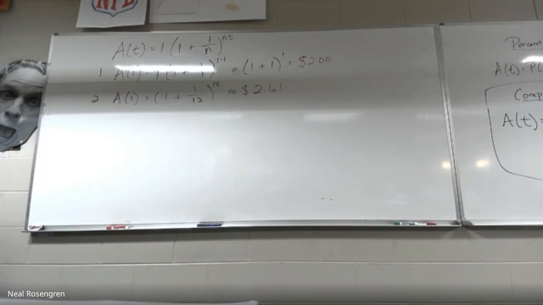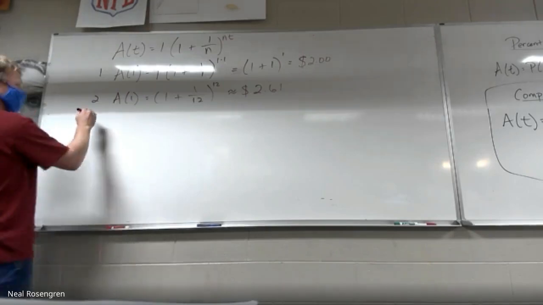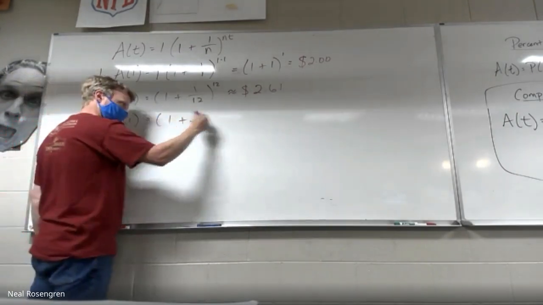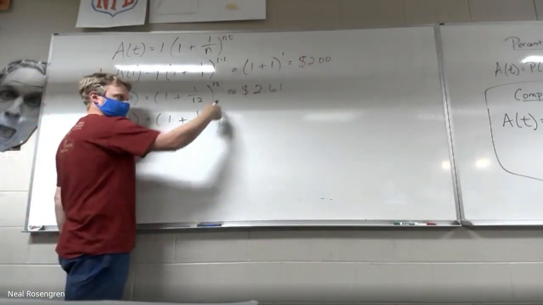Nice. Okay, I like that, right? All you gotta do is pay me more often with the same rate, same starting amount, and I'm getting paid a whole lot more. And so the question is, does that keep happening? Does it become like 80 cents and then like $3? Can I really make this thing grow really fast just by changing how often we get paid? 1 plus 1 over, that's the only thing I'm gonna change, right?